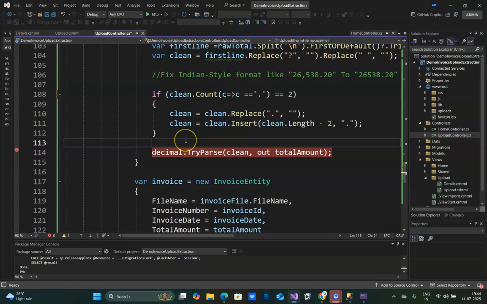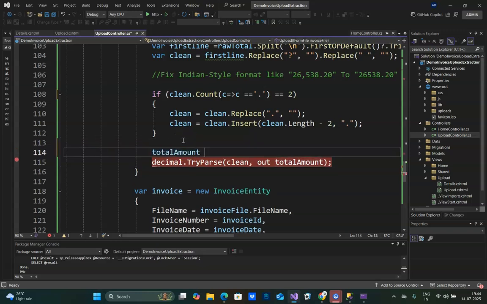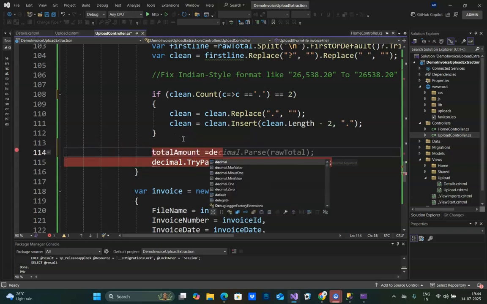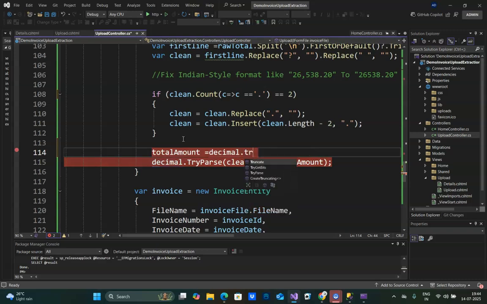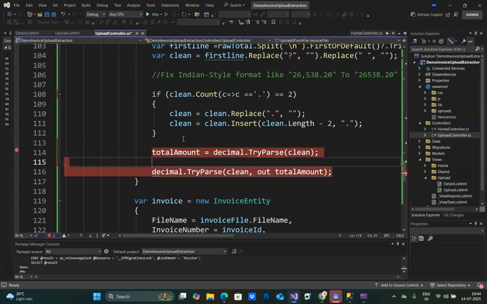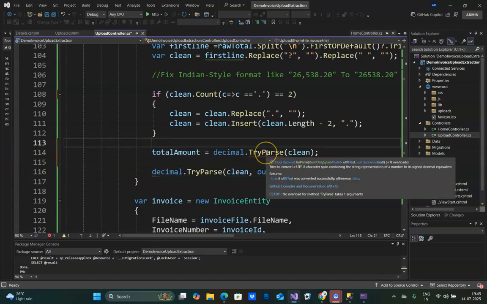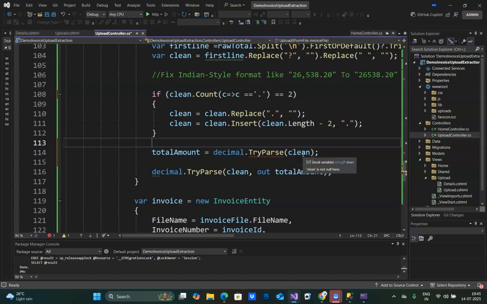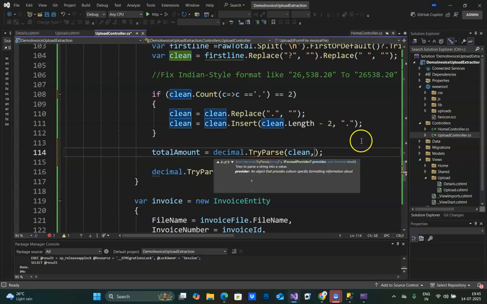Let me add this line of code. Decimal, try first try processing. See, and this will be clean. Okay, so it needs